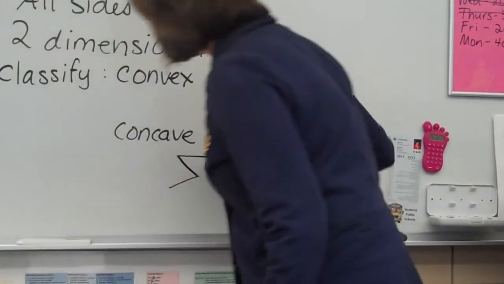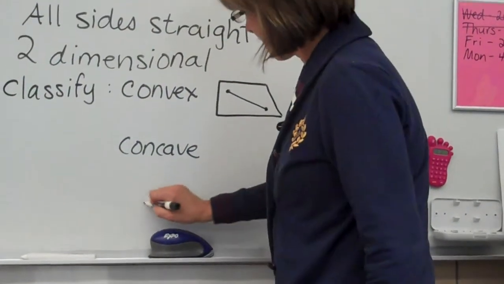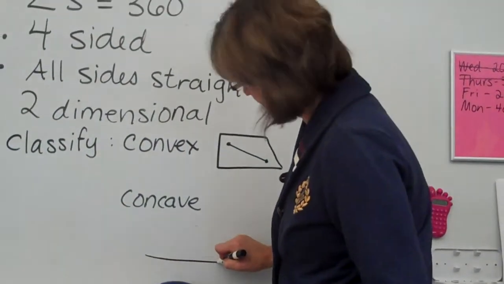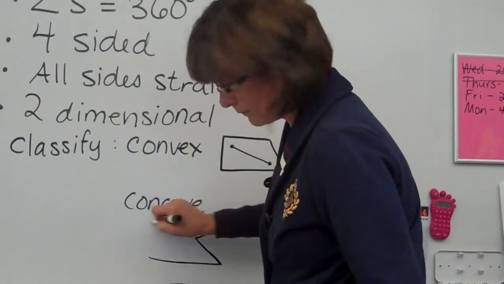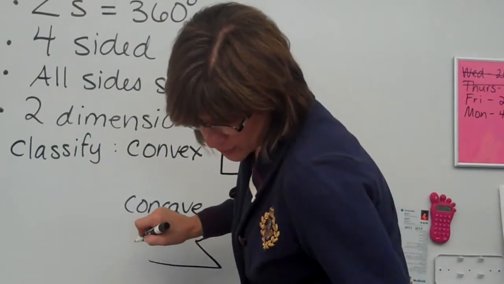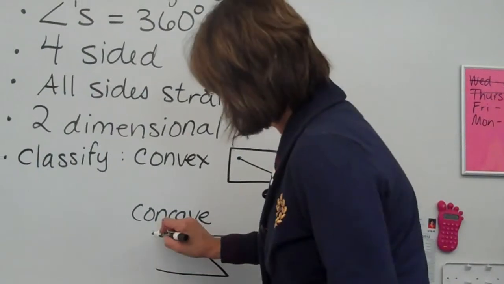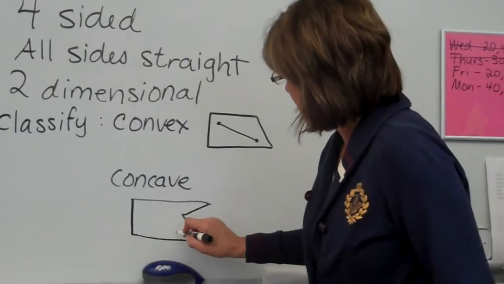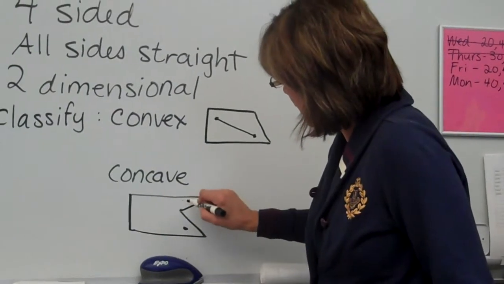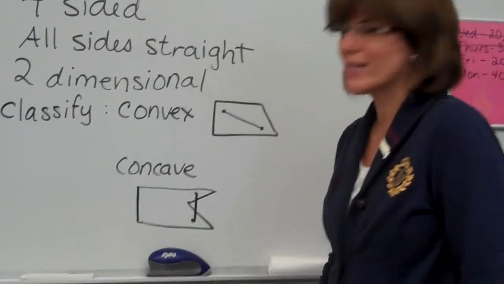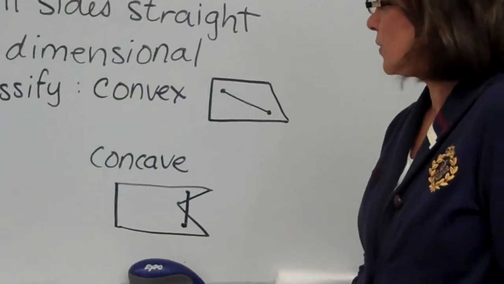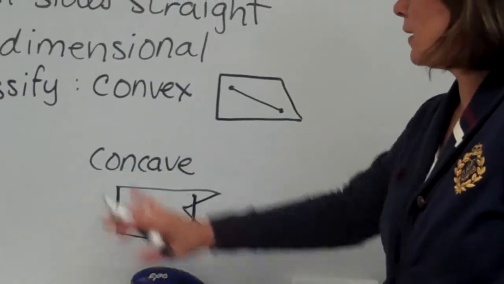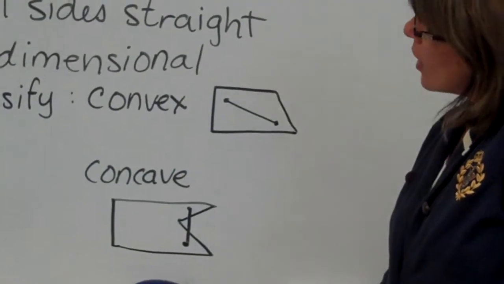If I draw it like this, it's going to be 5 sides. 1, 2, 3, 4, 5. I'll just show it to you like this. It's a concave polygon is what it is. But I could do this with this, and do you see how the line goes outside of that quadrilateral, or outside of that polygon? Okay, so